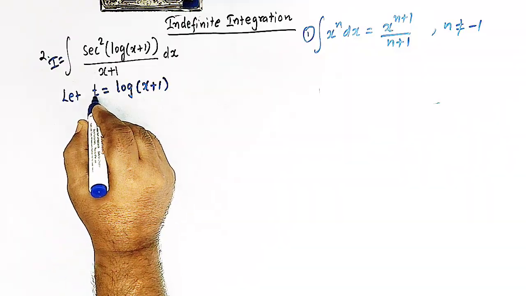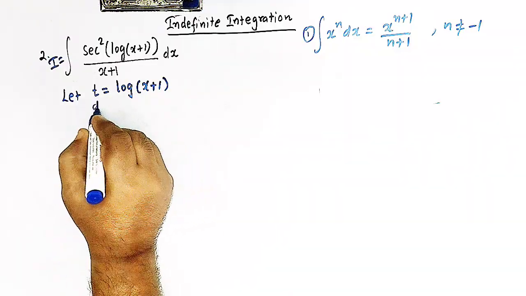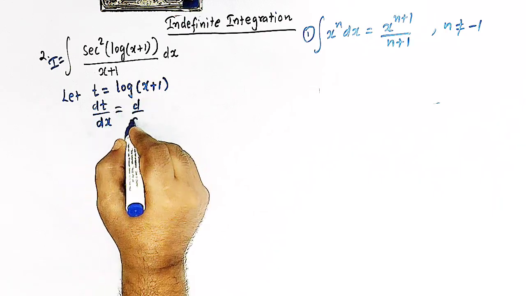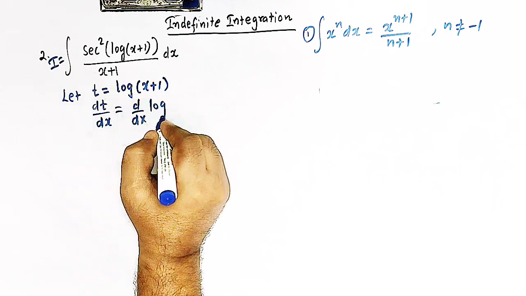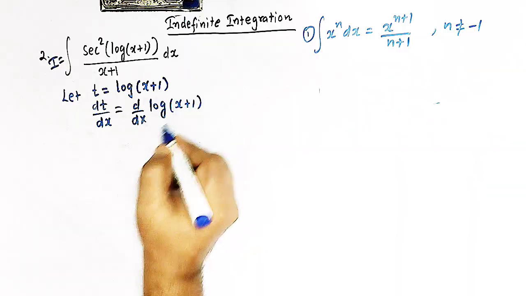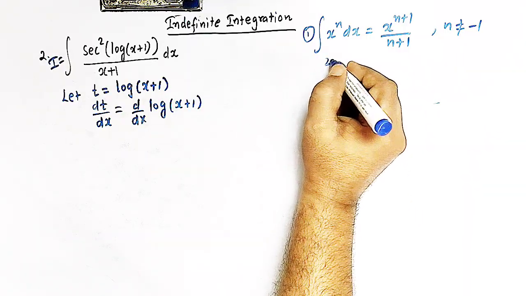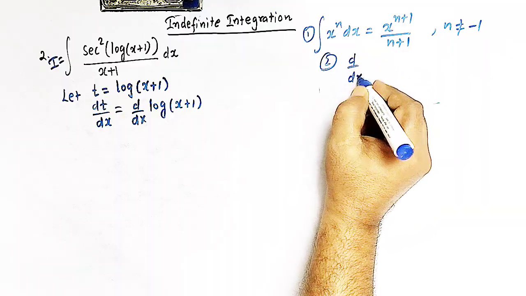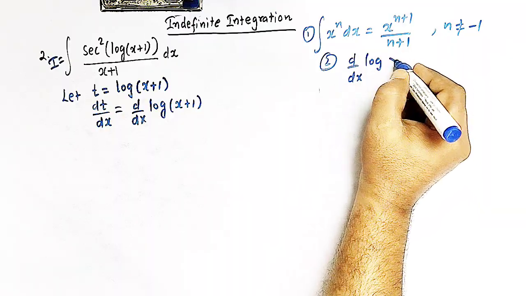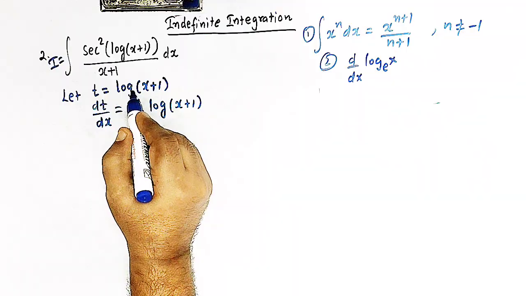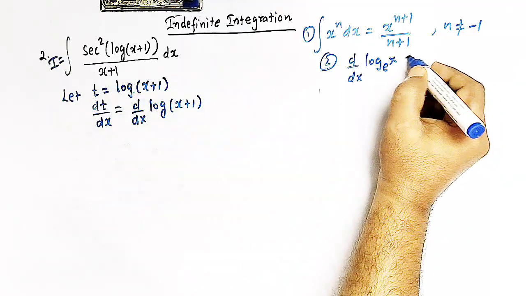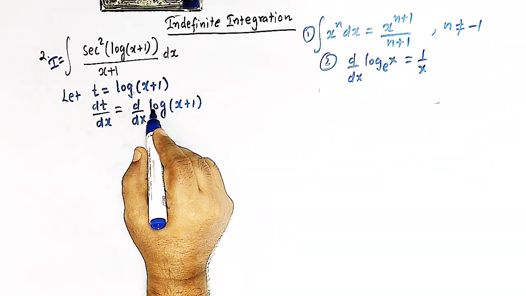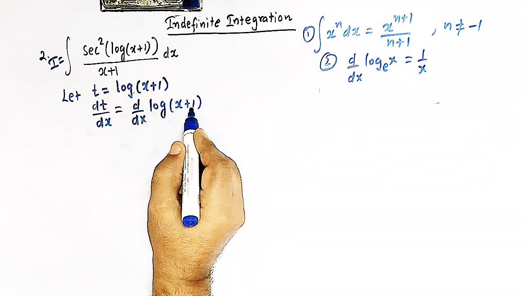Let us now differentiate t with respect to x. So we have dt over dx is equal to d by dx of log of x plus 1. Now from the standard results we know that the derivative of log x to the base e, here the base is e, is 1 over x. So here the derivative of log x plus 1